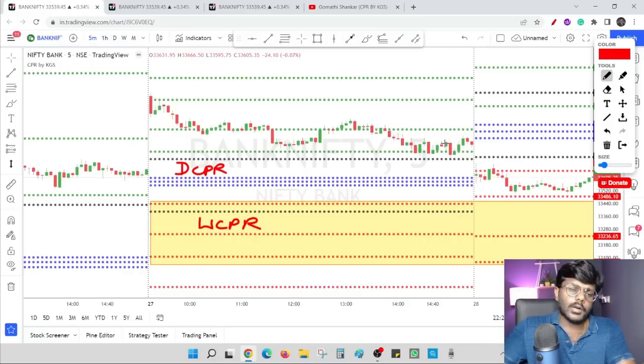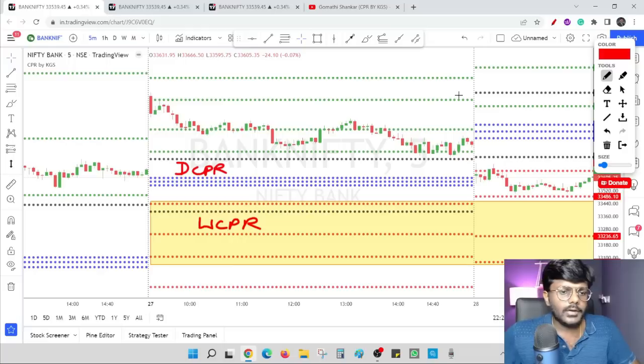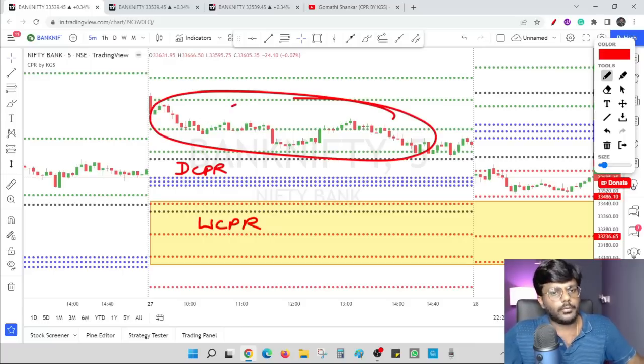So whatever I tell in Bank Nifty review is purely intended only for beginners, not for experienced traders, because experienced traders, we have our own trading style and we follow that religiously. So what I will tell on this particular day is, prices are above daily and weekly CPR, focus only on long opportunity and avoid short position.